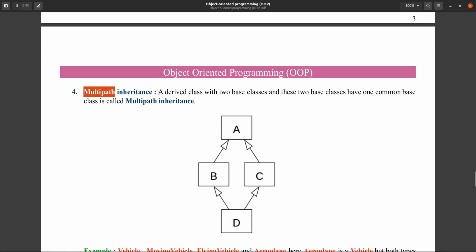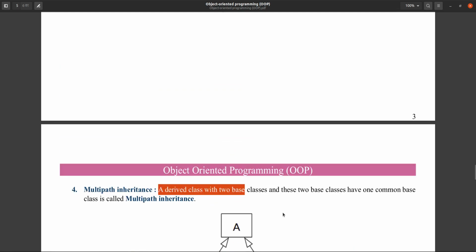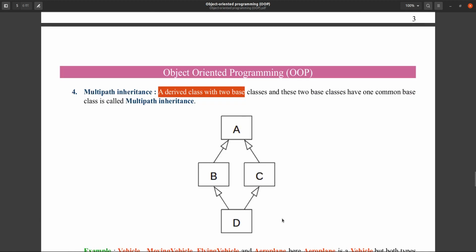Suppose a derived class has two base classes, and these two base classes have one common base class. Now you understand what it wants to say.